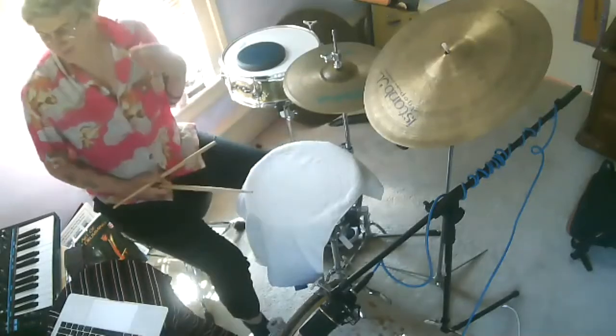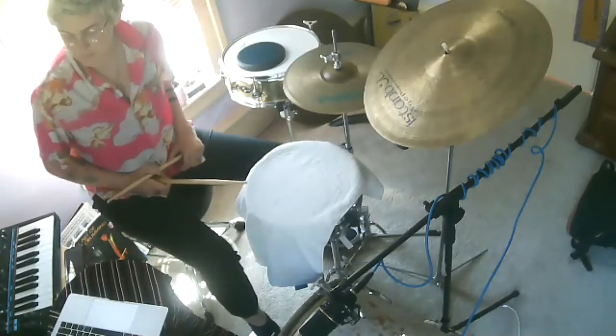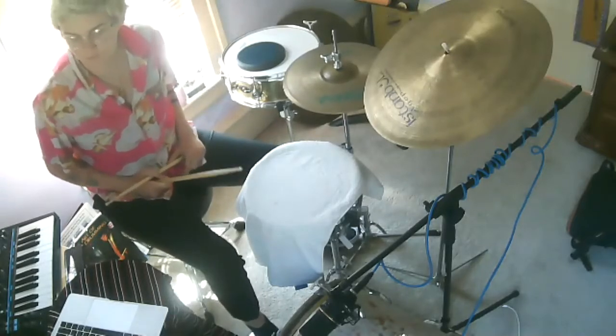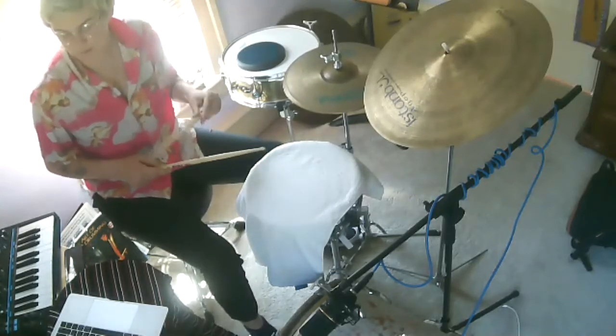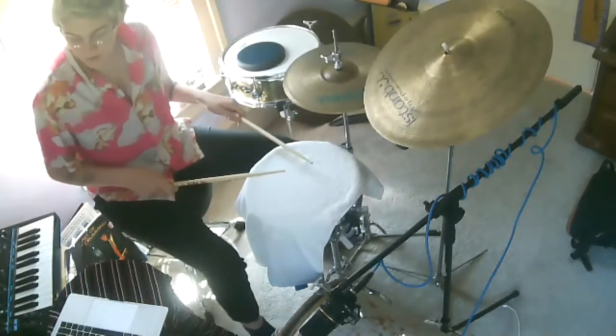Really quick. Let's see if we can add some feet. 1 E and a 2 E and a 3 E and a 4 E. Here we go. 1 E and a 2 E and a ready and a go E and a 1 E